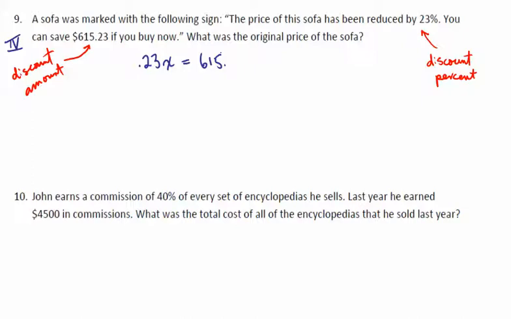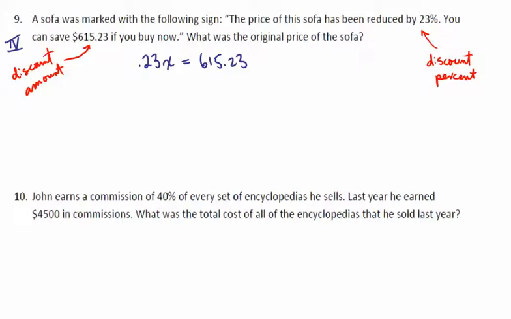So that's just like saying 25% of 100 gives you $25 off. So a 25% sale on $100 would have a total of $25 off. That's not how much you'll pay, but that's how much you'll save. And so that's what happens in this case. 23% discount adds up to a